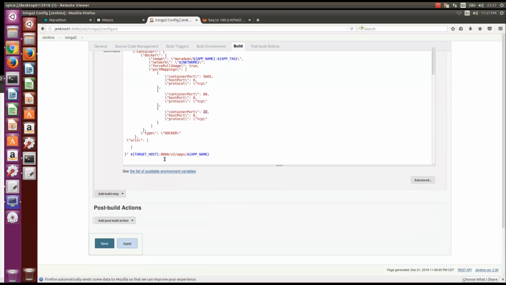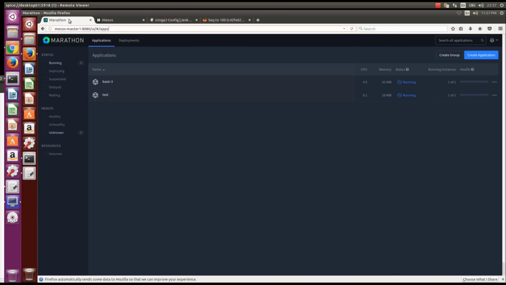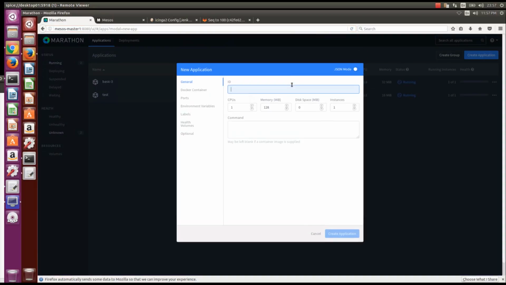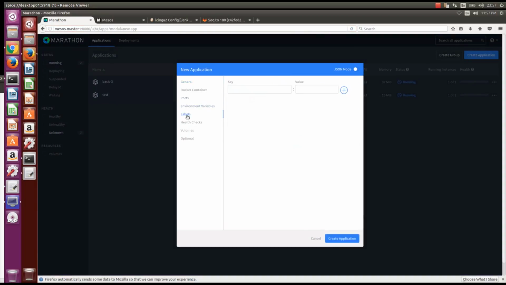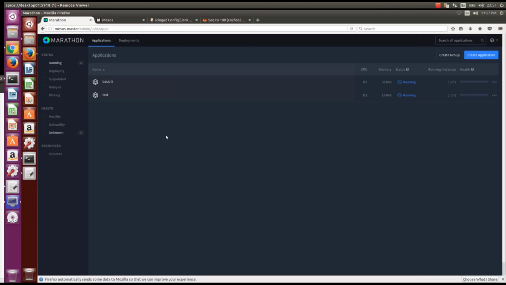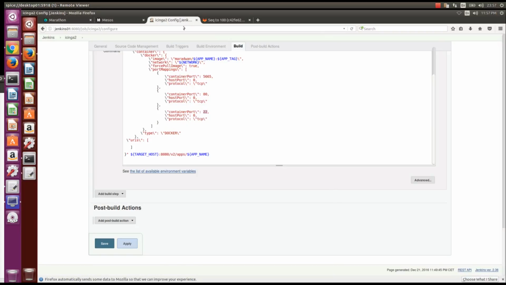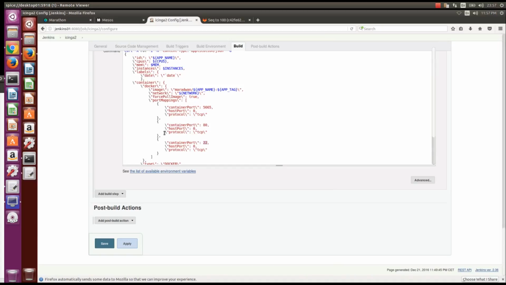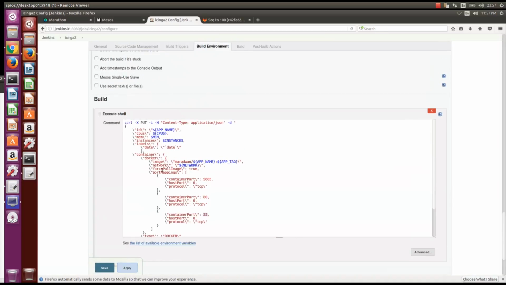And all these options are in Mesos itself. If you go to Mesos and create an application, you see all these variables, and you can put them in Docker. So rather than create it manually, I will create it by Jenkins. So we go to Jenkins now, and the main part is you should have a private Docker registry,